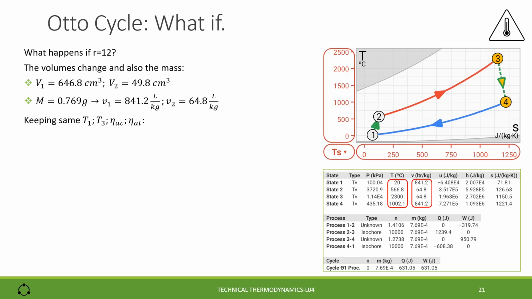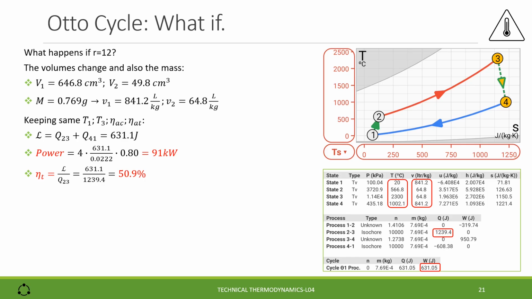If we keep the same temperatures of state 1 and state 3, and the same efficiencies for the compression and for the expansion transformations, then we find for the work the value 631.1. The power still stays at a very similar value, 91 kilowatt, but the efficiency will increase dramatically up to